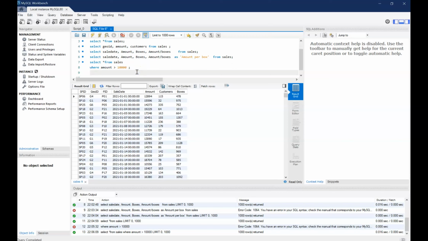So where clause is kind of a filter. You remember in Excel we have filter, we have sort also. So let's see how we can sort. For that we use the clause order by. So order by, say we want to order by amount, and if we don't put any condition,